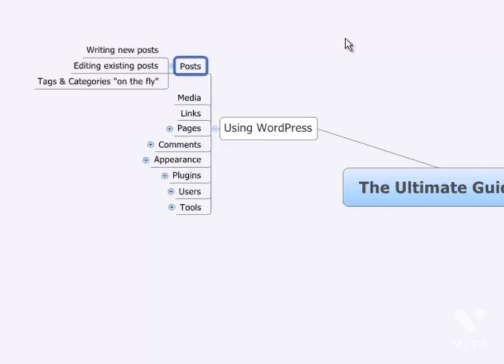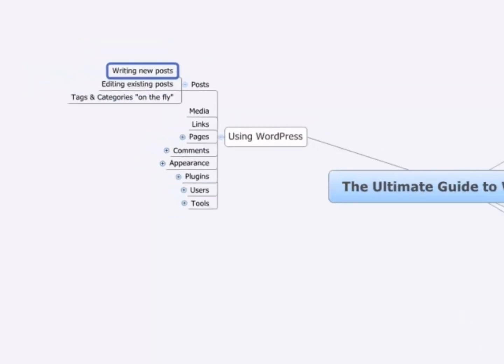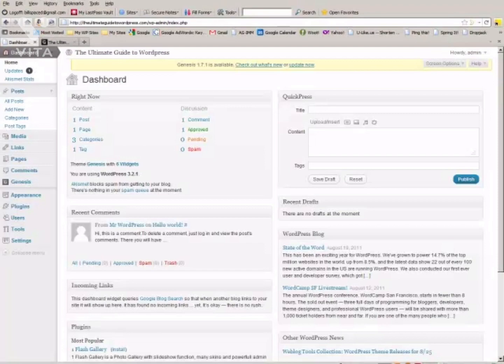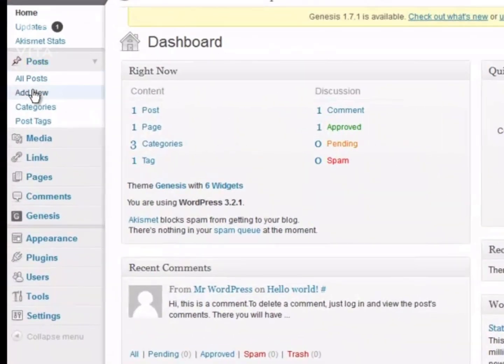We're going to talk about writing new posts, editing existing posts, and talking about meta data around your posts. But for right now we're going to write a new post, and I'll show you how to do that. So what you need to do is go to your dashboard, click under Posts, the link Add New,